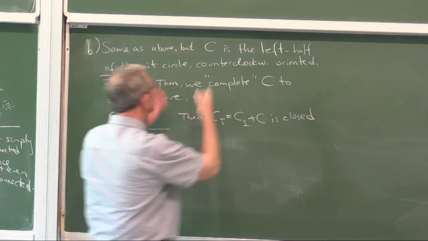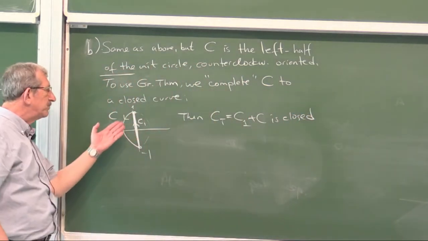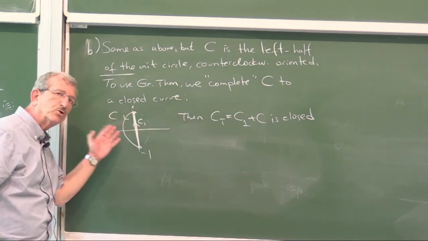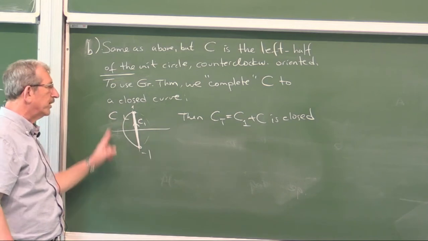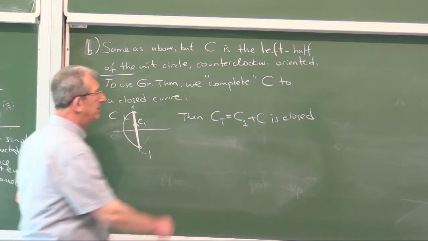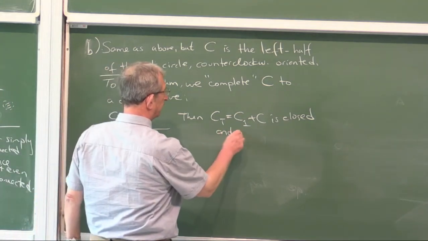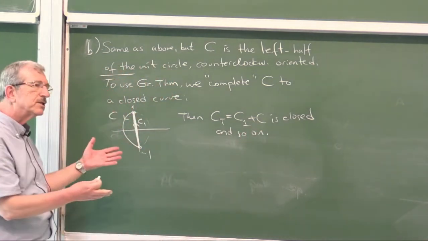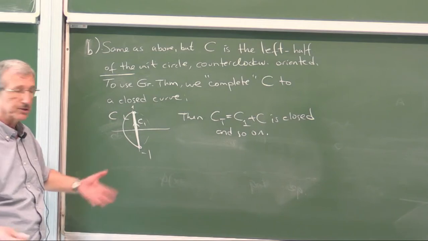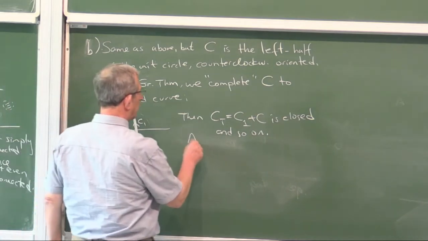The other conditions are still valid. It's piecewise smooth now. It has two smooth pieces. It's counterclockwise oriented, and everything is fine. P, Q are the same functions, so they have continuous partials everywhere. So apply Green's theorem